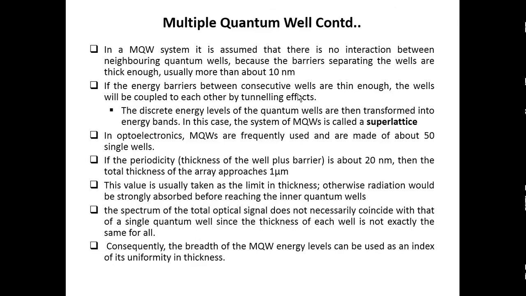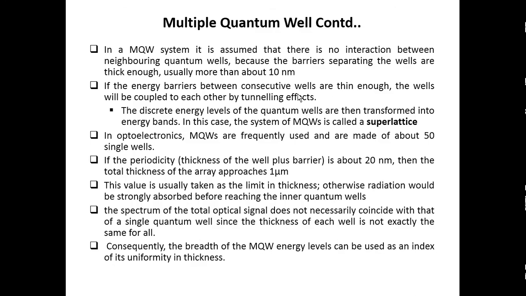So usually 20 nanometers, that is well width plus the barrier width, is limited as 20 nanometers in multiple quantum wells. Okay, that is taken as the limit in thickness. Otherwise, what happens? Otherwise, radiation would be strongly absorbed before reaching the inner quantum wells. When the signal reaches the inner quantum wells, in the case of optoelectronics, if the radiation reaches the well, it will be strongly absorbed, so that there will be a strong absorption of the radiations in the